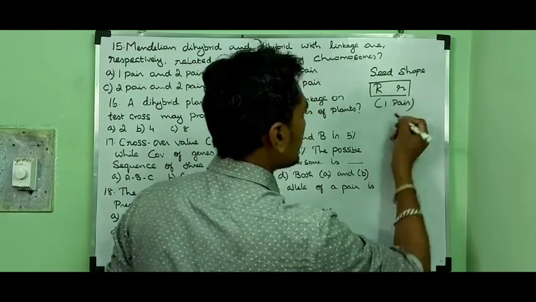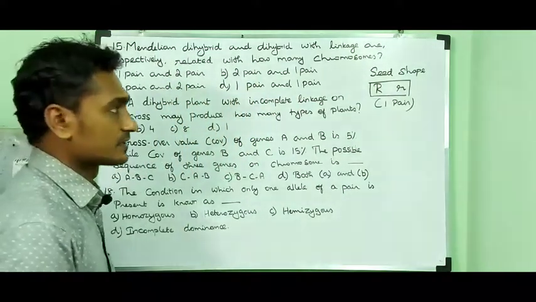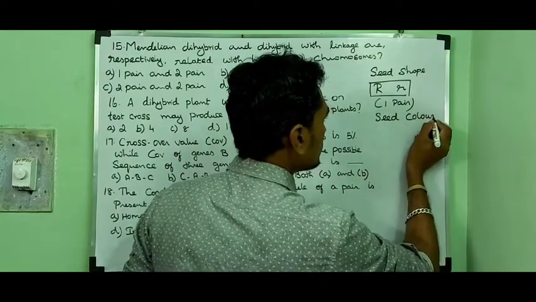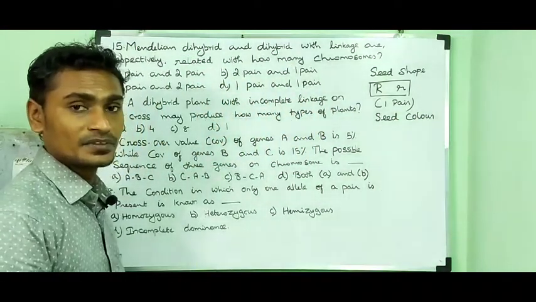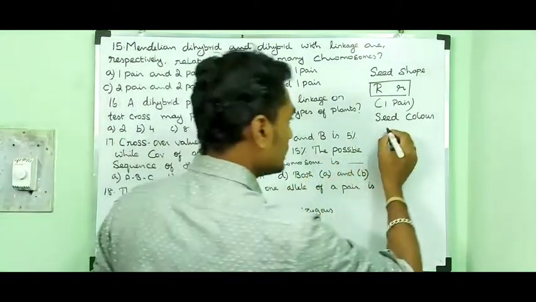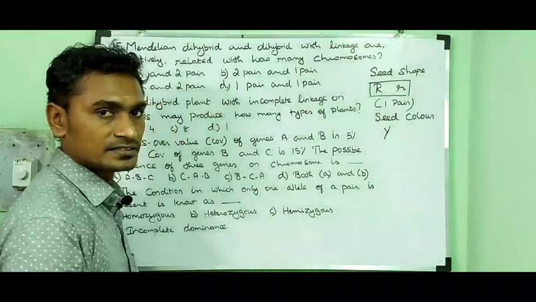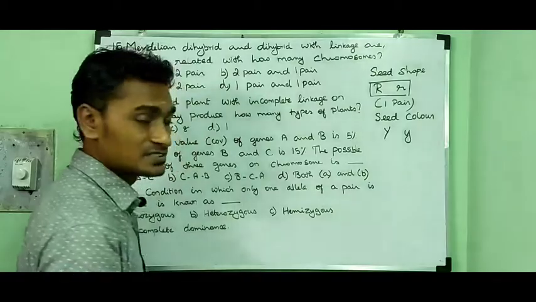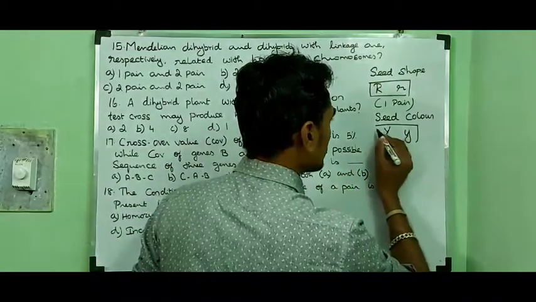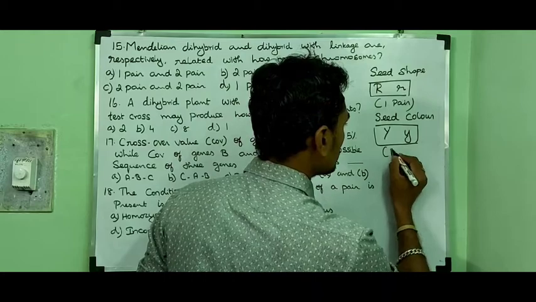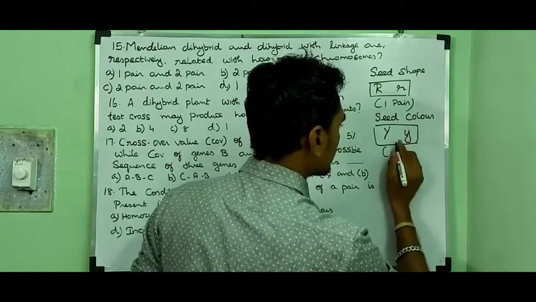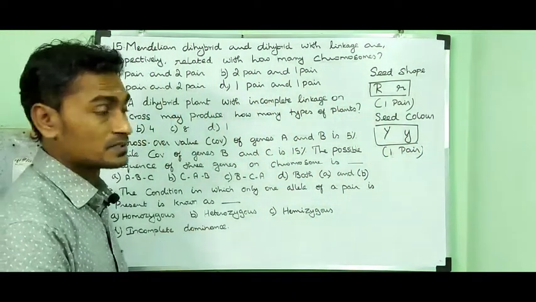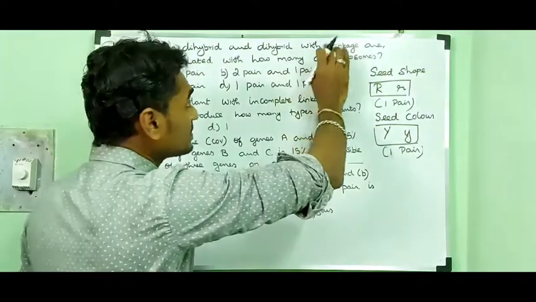Again, the next character, seed color. If the seed color is yellow, it is represented by the allele capital Y because it is a dominant character. If it is green, it is represented by the allele small y because it is a recessive character. So again it is one pair of alleles. Total two pairs. While in the case of dihybrid with linkage,